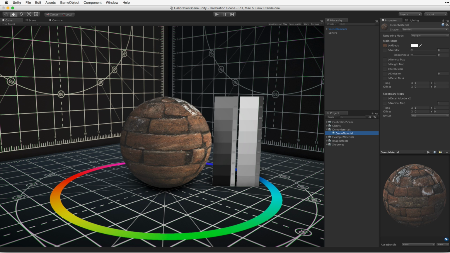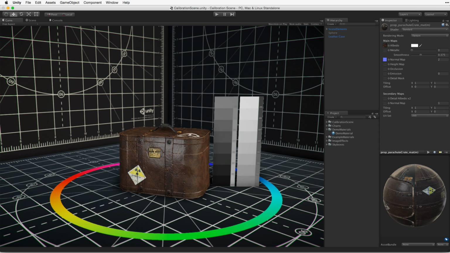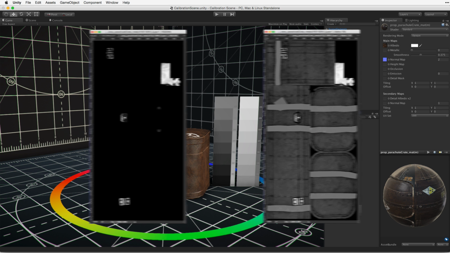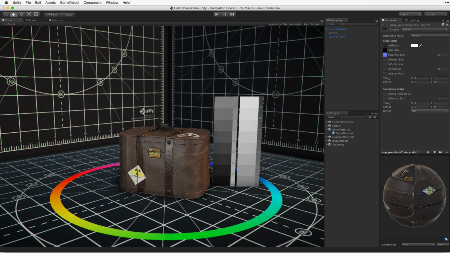Many materials are far more complex than a single uniform surface. Take this leather case, for example. With a single value for metalness and a single value for smoothness, the case looks good, but it could look better. Use a metalness and smoothness map to describe the properties, and it looks much better. Note how the straps are far more glossy than the main body of the case, giving them a feel of